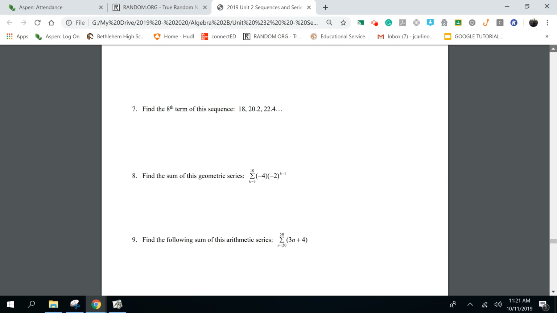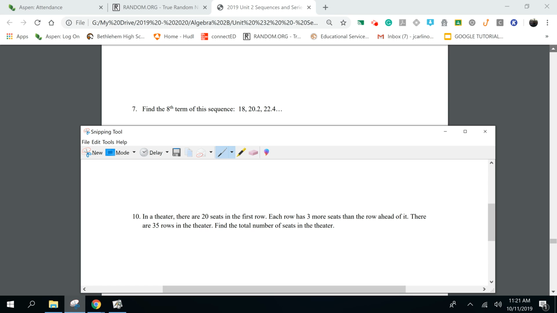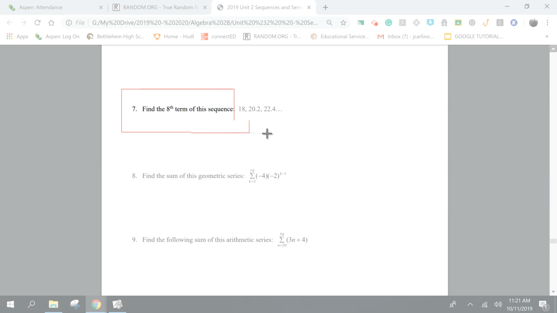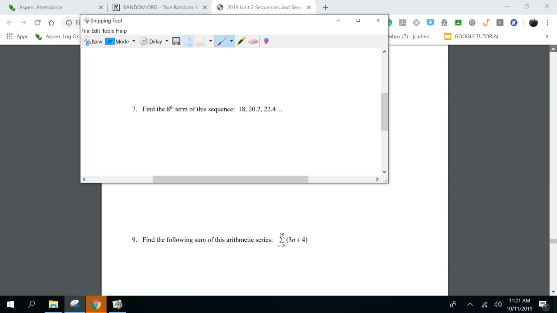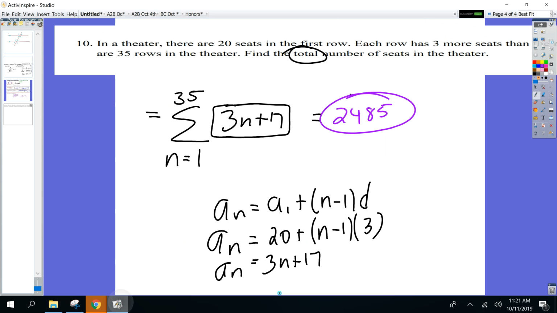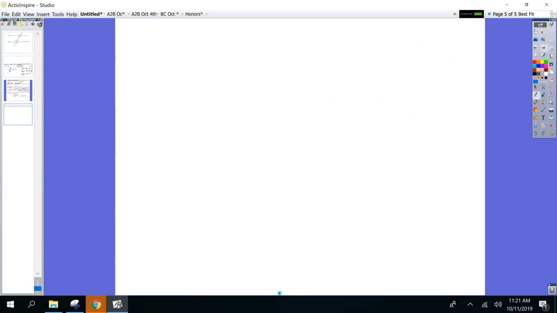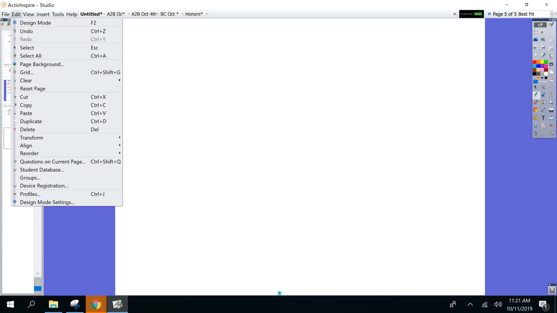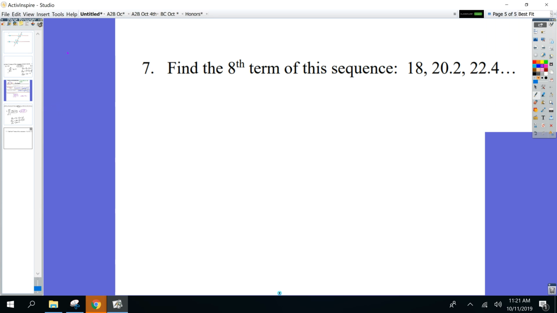Find the 8th term. All right. While I'm copying and pasting, what type of sequence is this? Arithmetic. Okay. So what formula would I need here to find just the term? I don't need to find the sum of them. I just need to find the 8th term. Go to your formula sheet. A sub n equals